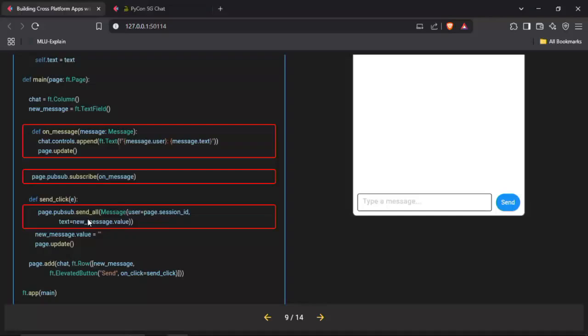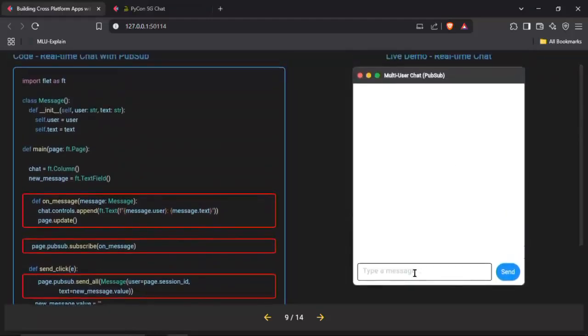So who are the subscribers? That's you who entered the chat. Then after that, when a new message is published, all subscribers receive it through the onMessage function. So to demonstrate this,